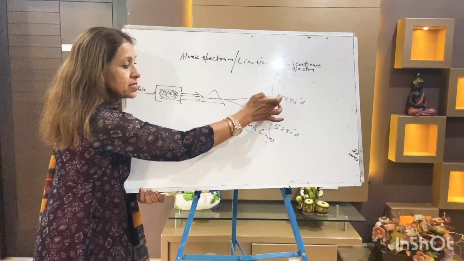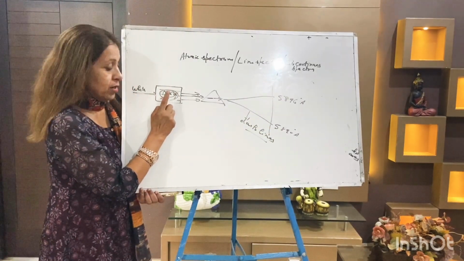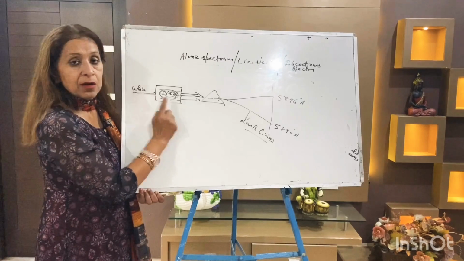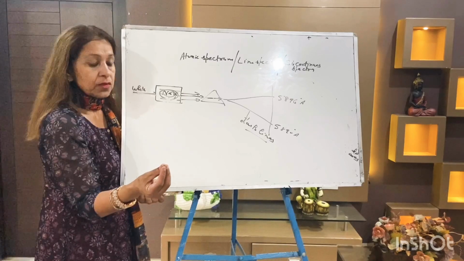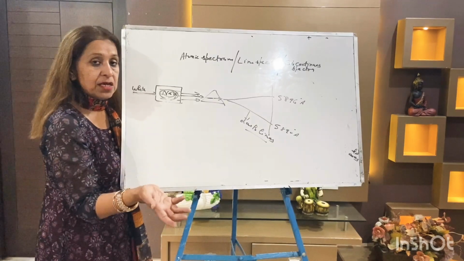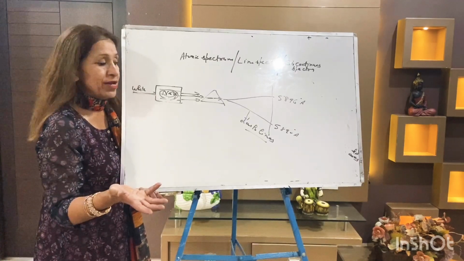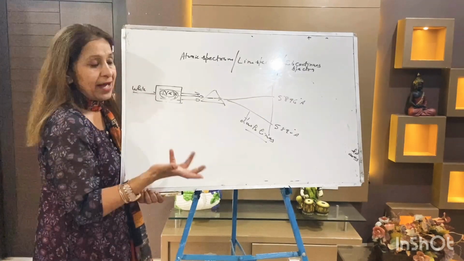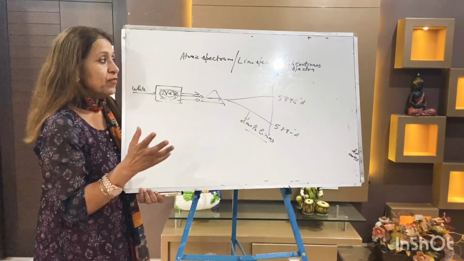Otherwise the spectral lines have the same wavelengths, that is 5890 and 5896. So we have noted the atomic spectrum of sodium in 2 ways. One is by heating NaCl, another is by passing white light. Always remember, if you want to recognize any atom, the best way is to measure its spectral lines, wavelength or frequency. By measuring how much wavelength or frequency the spectral lines have, you can easily recognize what type of metal is showing these spectral lines. So always remember, atomic spectra are the fingerprints of atoms.